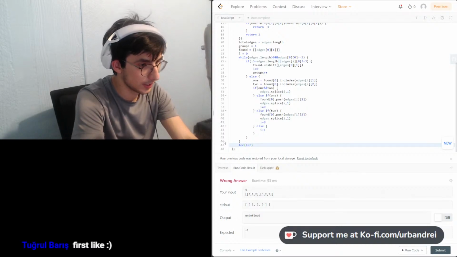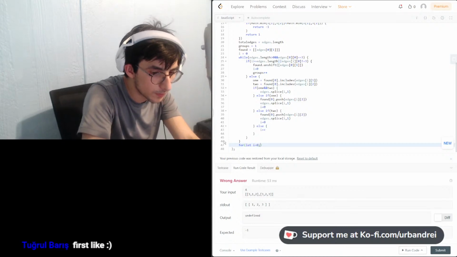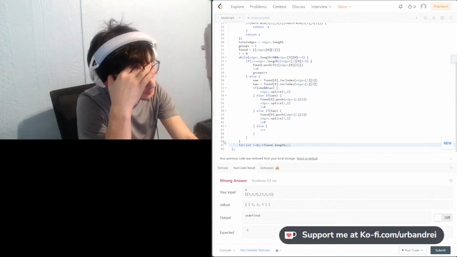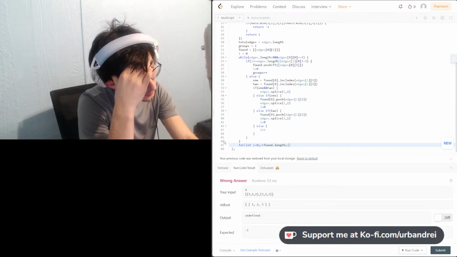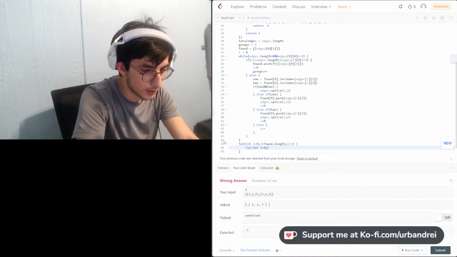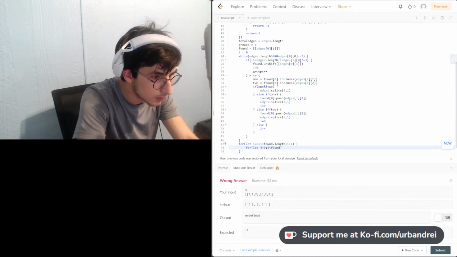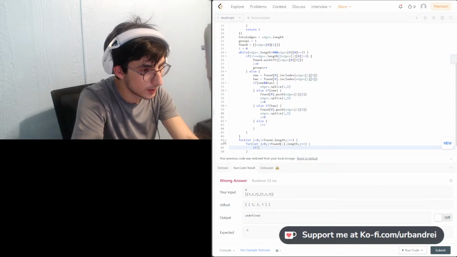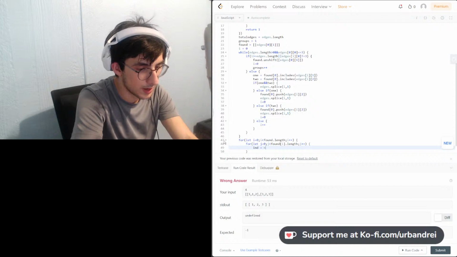So we've already used up I, don't need I anymore. So let I equals 0, I less than found dot length, I plus plus, and then for let j equals 0, j less than found I dot length, j plus plus, if ns dot index is equal to ns dot